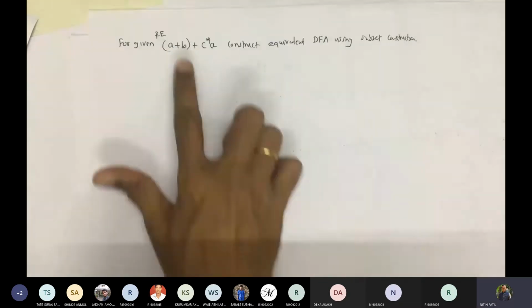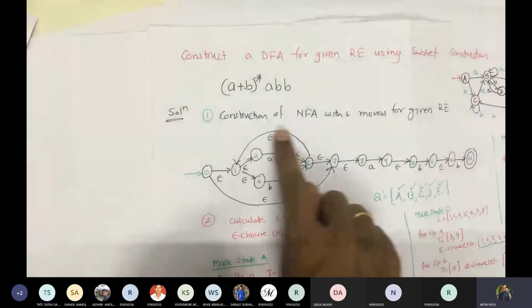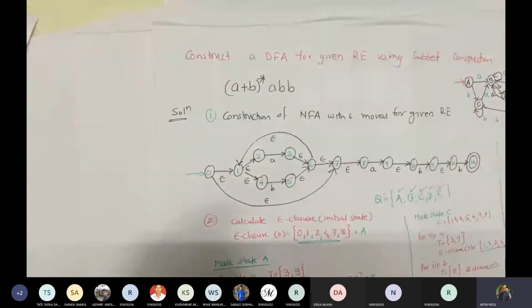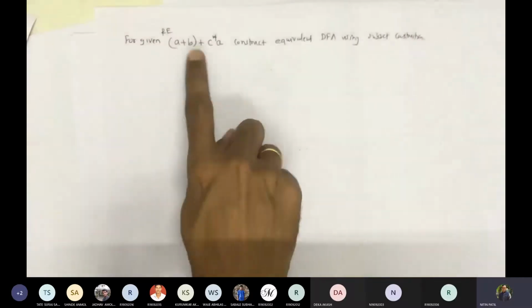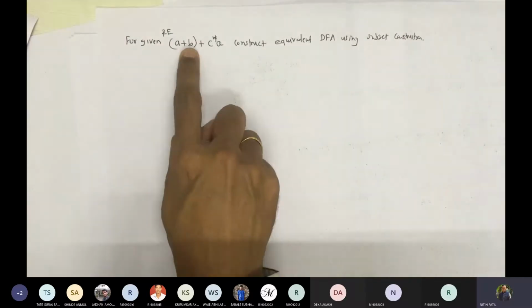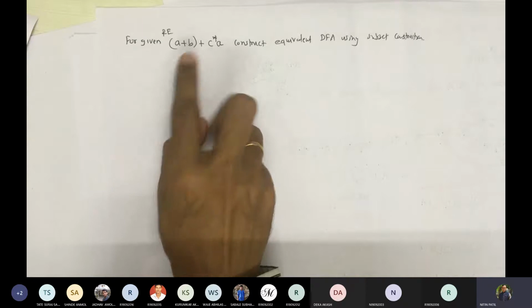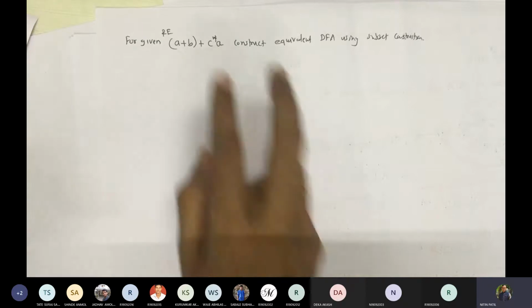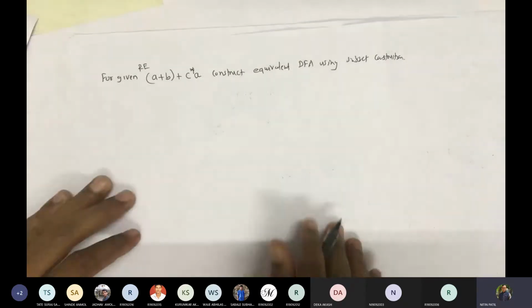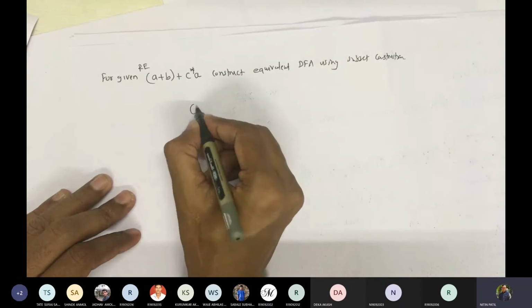Fine. Start with this. How will you draw the first NFA? The first step was construction of the NFA for the given regular expression. We have (a+b), then c star, then a. So we have to draw the NFA for this. First is a plus b.